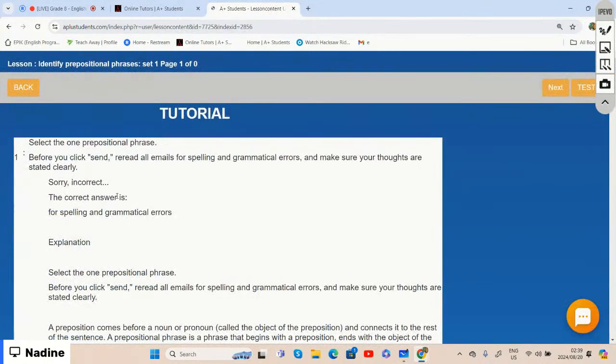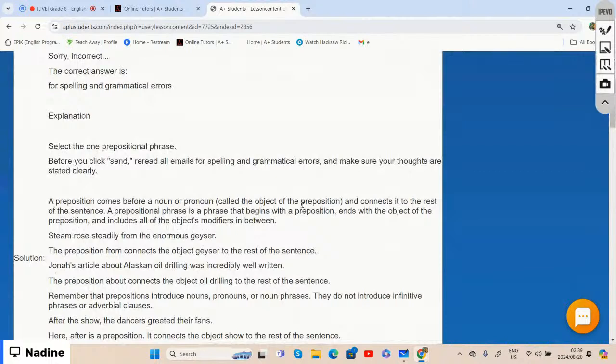All right. So now we're going to identify the prepositional phrases within a sentence. It says a preposition comes before a noun or a pronoun, which we call the object of the preposition, and it connects it to the rest of the sentence, right? So a prepositional phrase is a phrase that begins with a preposition and ends with the object of the preposition, and it includes all of the object's modifiers in between. For example,